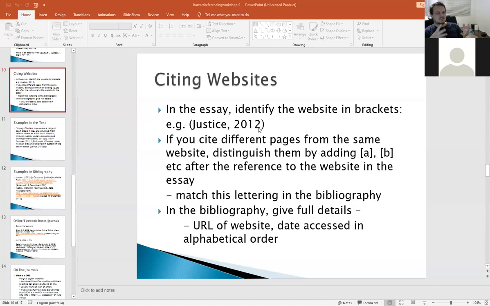Why is the date you access the website really important? Because information changes rapidly on the internet.